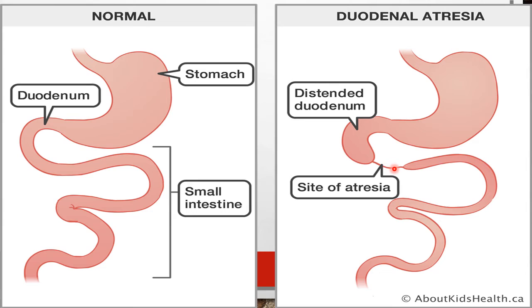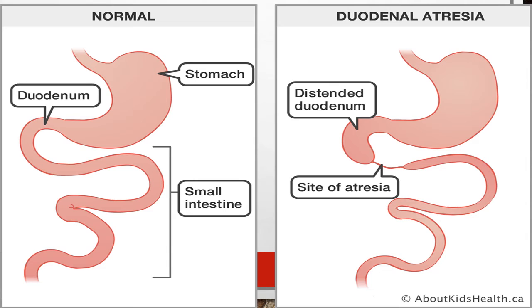So whenever there is duodenal atresia, just after birth, the infants show vomiting, and the vomitus contains bile secretions as well. So that is the bilious vomiting, and it is associated with the distension of the abdomen, most commonly in the epigastric region. So whenever there is duodenal atresia, this is associated with the bilious vomiting, number one. Number two, there is the distension of the epigastrium.